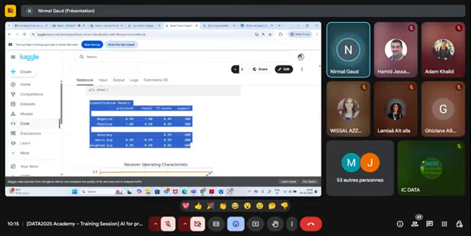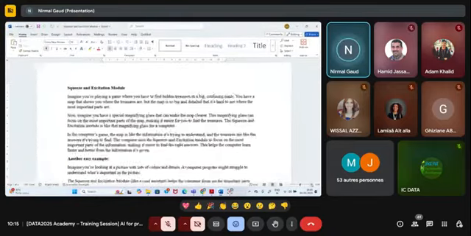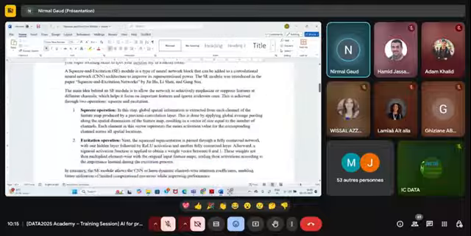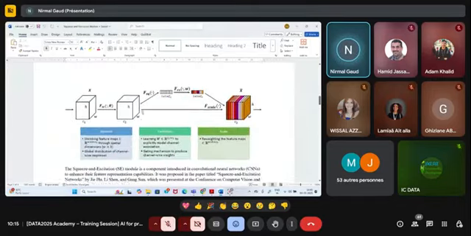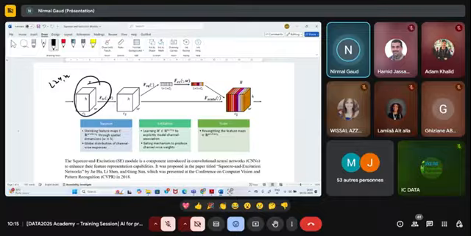And for you, I do have the notes. If you want, these are the notes. This is related to squeeze and excitation. I have prepared it from the research paper. This is the diagram. You are having an image, let us say 224, 224, 32. Now, all these things, let's say, here it is. Convert it into 1D format.